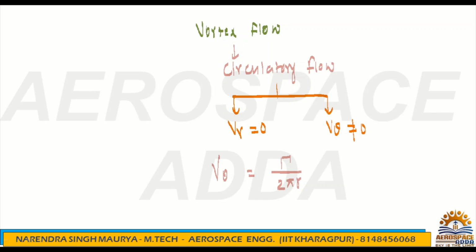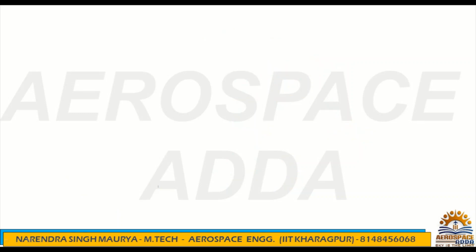This was already proved in my previous lecture. So v theta is equal to circulation upon 2 pi r,